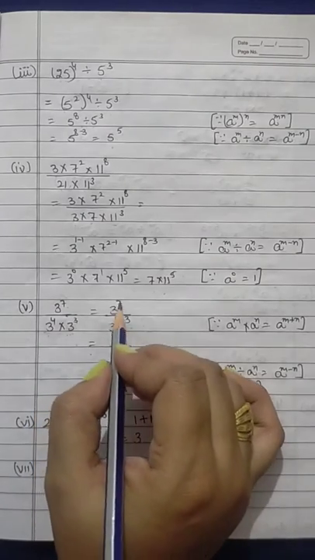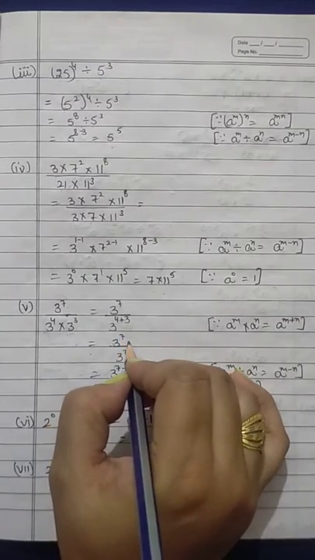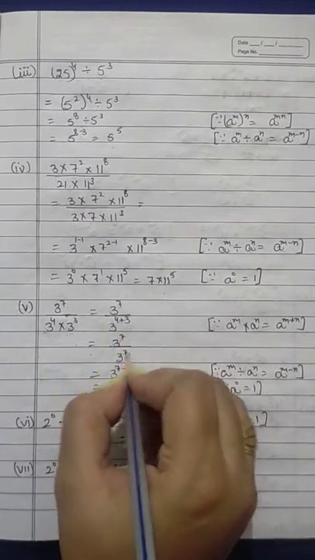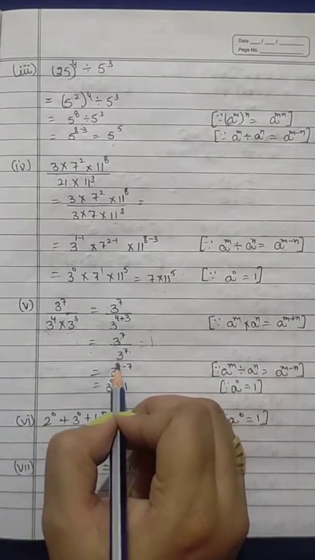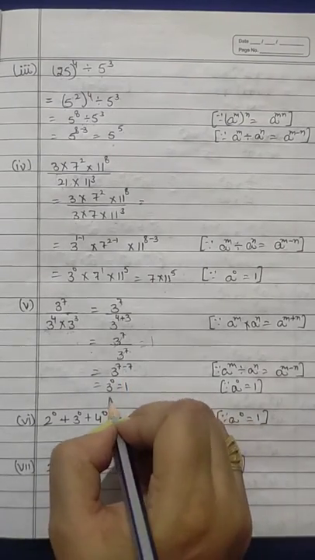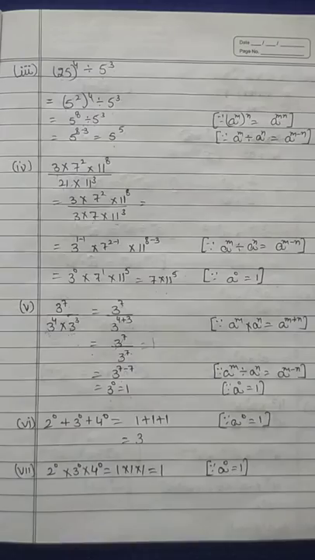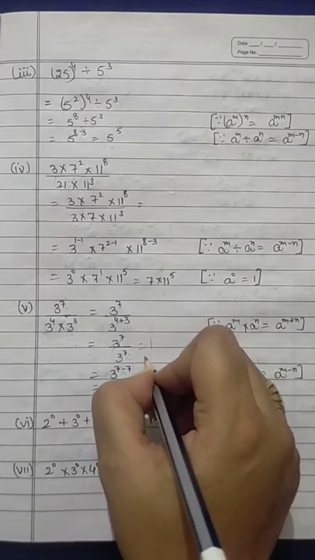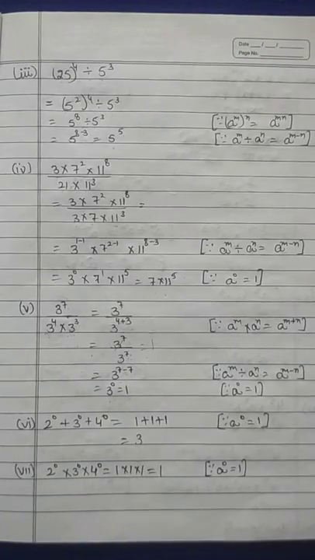Means now in both the numerator and denominator we are having 3 raised to power 7, because 4 plus 3 is 7 here. Now either you can cut it directly, you can write your answer as 1, or you can see here the bases are same, in division form. So what we'll do, we'll subtract their powers, means 3 raised to power 7 minus 7, that is 3 raised to power 0, and any number whose power is 0, the answer will be 1 always. Fine. So either you can cut it directly because both numerator and denominator are same, you can write 1, or you can simplify it further and use one law here and write the answer 1 at the end.